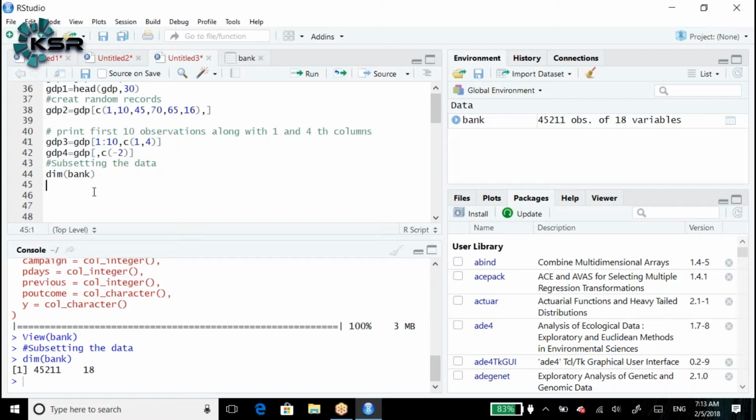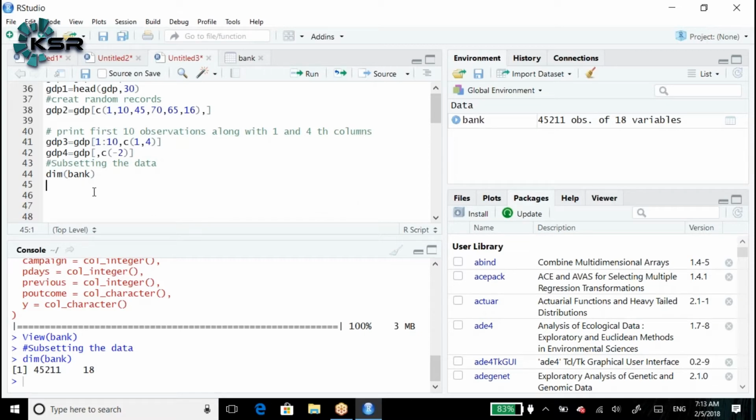So 45,211 records along with 18 variables. In the 18 variables, what are the names? The name of each and every column. Variable is nothing but a column name, so we have 18 columns.